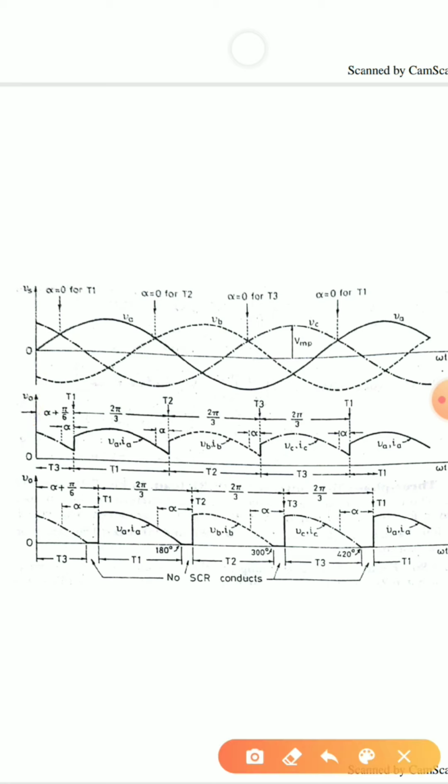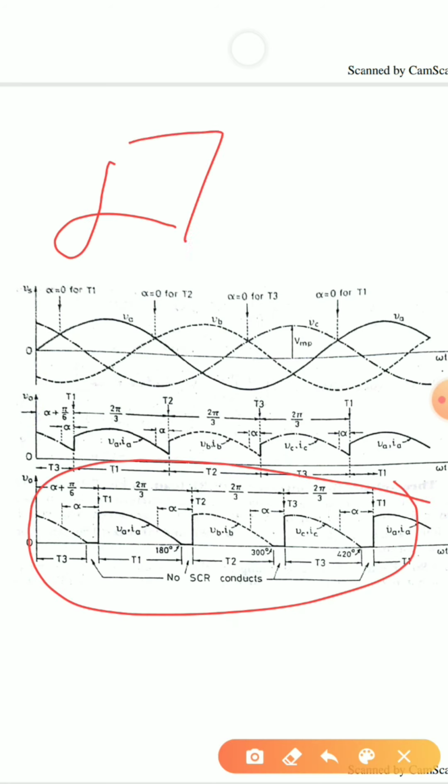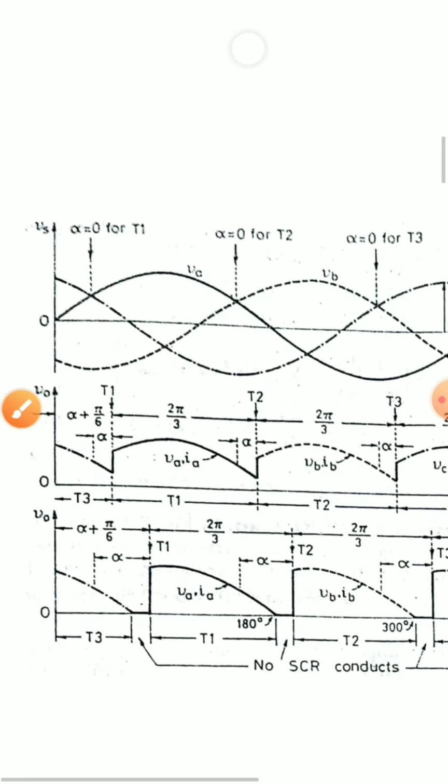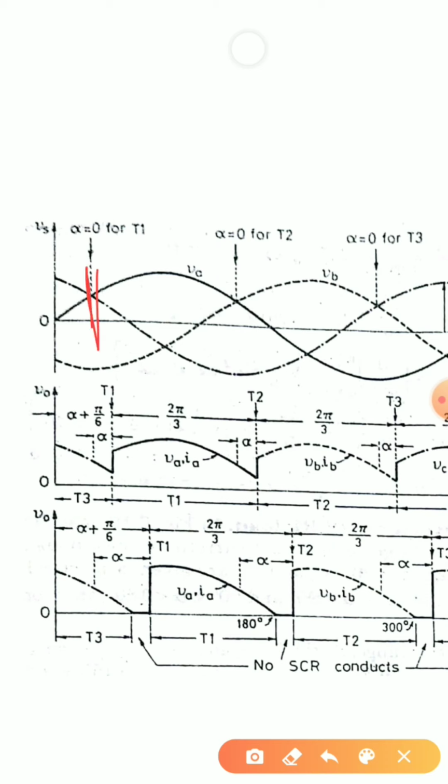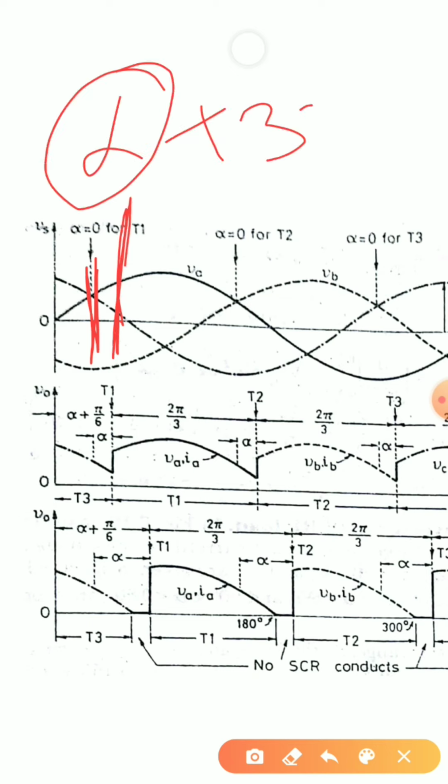Now moving on to the second condition, that is if alpha is greater than 30 degree. If alpha is greater than 30 degree, let us look from the source voltage. So this is my 30 degree. If alpha is greater than 30 degree, let me take it to be somewhere here, that is here I am giving my firing pulse. My firing pulse is given here. My thyristor will start conducting plus 30. Somewhere here my thyristor will start conducting. So I'll get T1 to be on here.